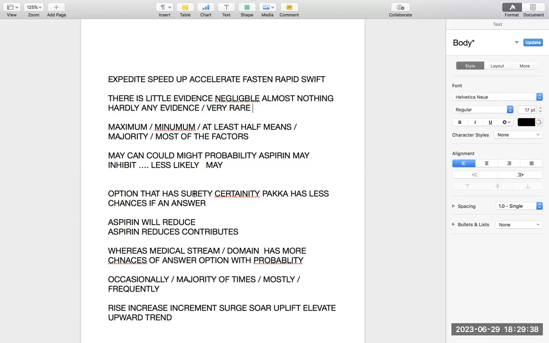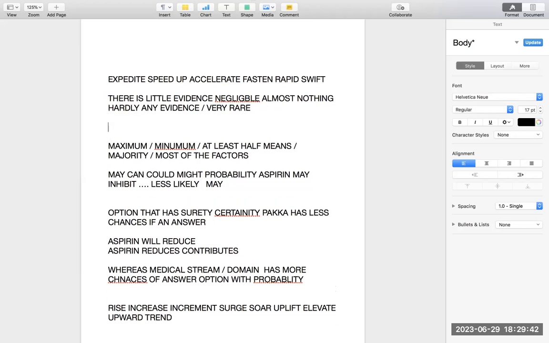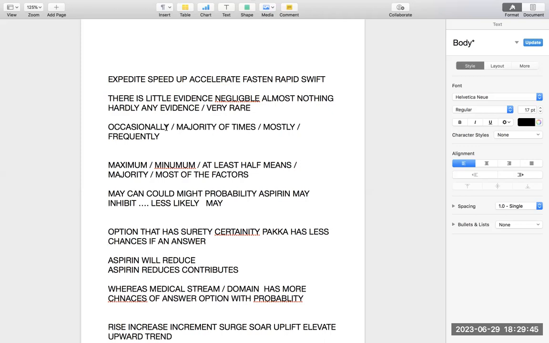The opposite to this is, if I take the words from here and cut and copy them here, these are the opposite words. Occasionally means more often. So often is also a word for this. Occasionally, more often, majority of the times, mostly, frequently. So this is opposite to the words rare and everything. So please try to listen to this 2-3 times. You will definitely see improvement in your reading and you will surely pass OET reading.